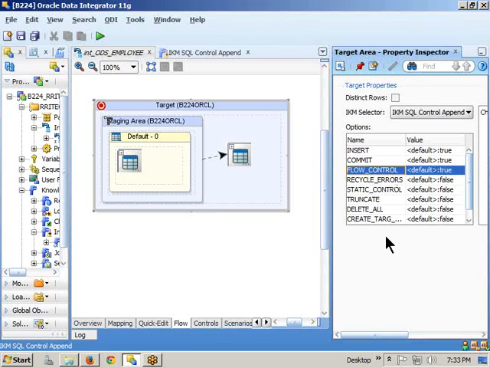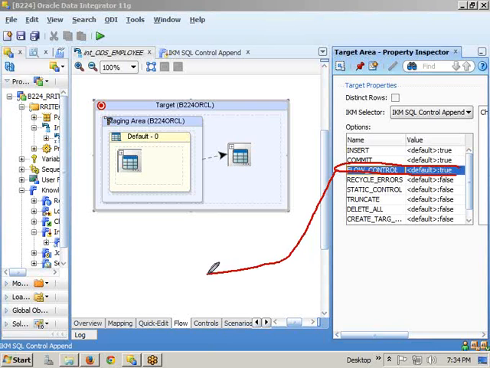The importance of this is, suppose you have some rules. Rule 1 is the employee ID should be unique. Rule 2 is the phone number should be 14 digits in length. Rule 3 is the first name should not be null. Those rules we want to validate, and we can validate by using flow control. But if you are selecting flow control as true,